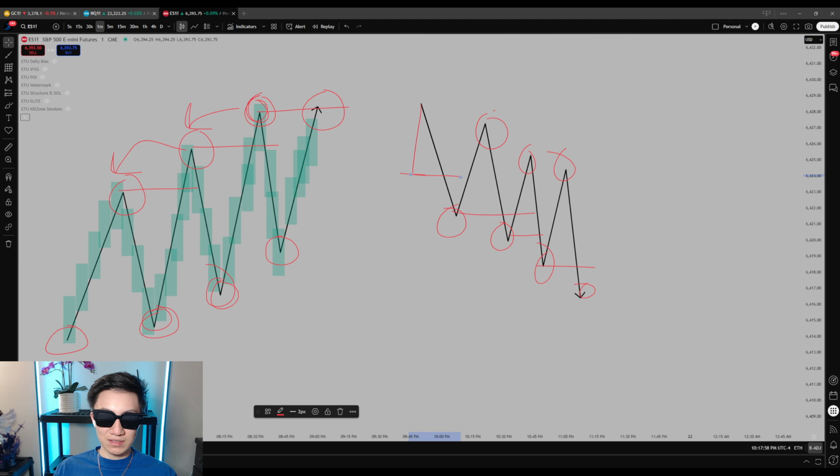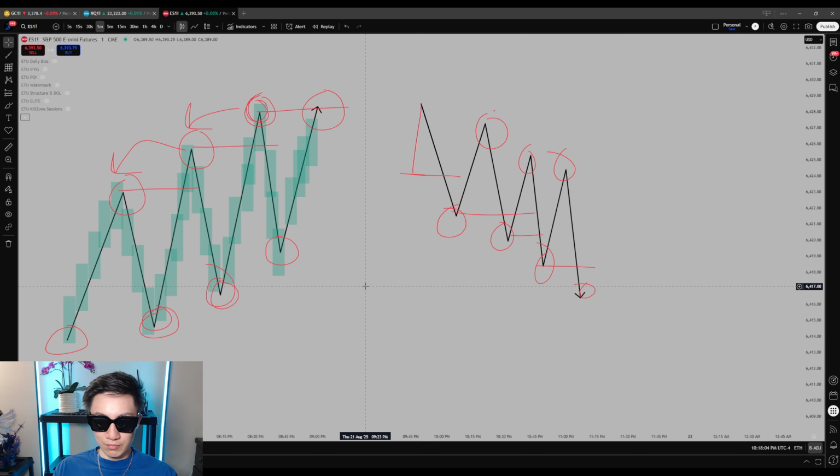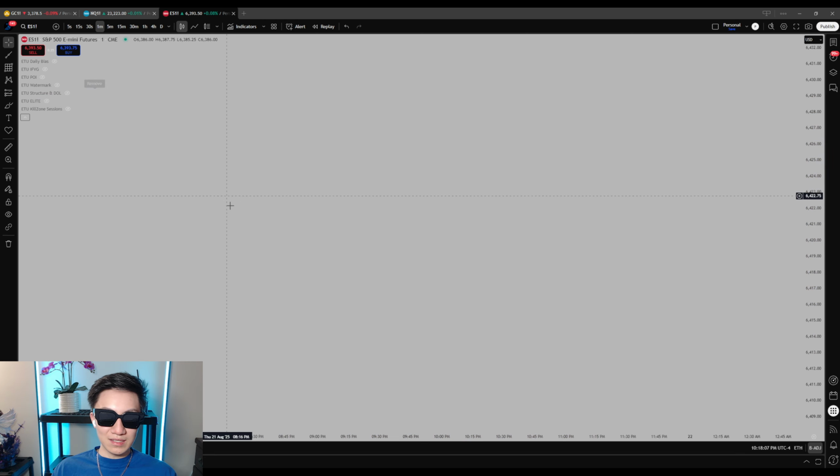BOS, aka breaks of structure. So this is what it'll look like if I draw it. Usually you guys will see this in my trade recaps. I call it BOS, breaks of structure. That is basically the gist of trend, how to identify the easy way versus the mechanical way, just based on